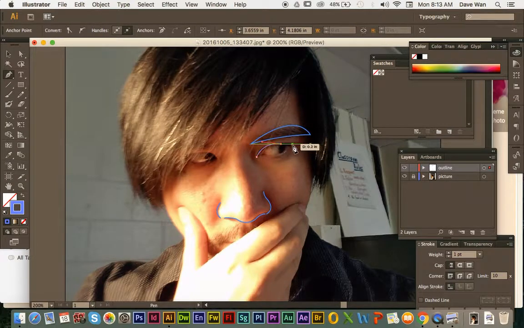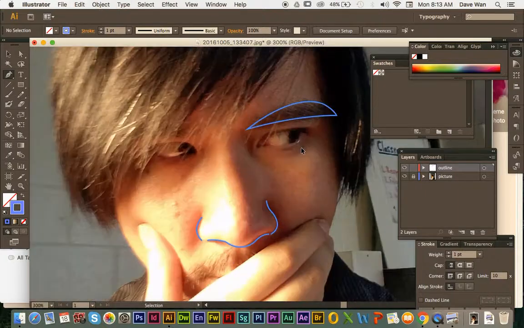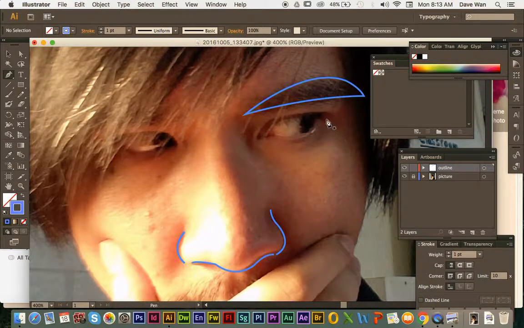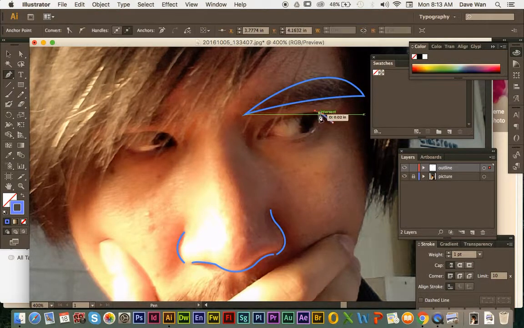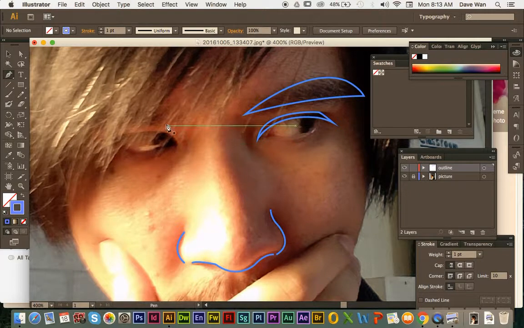I wouldn't draw every single eyebrow hair. I'll zoom in a little closer so you can see. I wouldn't draw every strand of that eyebrow. Maybe I might do it later as a detail, but I'm just going to draw the shape of it. So I'm just going to draw the edges and the shape of the eyebrow. Something like this might be a little more effective to look at, as opposed to drawing the little